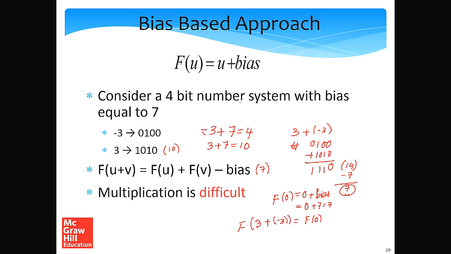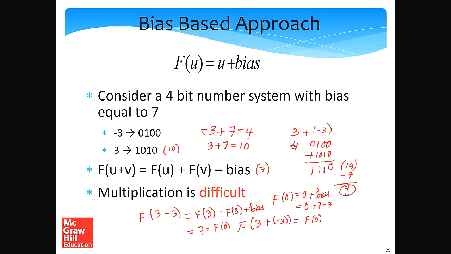The other is that doing addition and subtraction is fairly easy. There is absolutely no problem in doing an addition. Subtraction can be slightly difficult, not very difficult though. So if you consider subtraction, so let's try to subtract f of 3 minus 3. So this is essentially equal to, so in this case, instead of subtracting the bias, you add the bias. So this is equal to 7, which is the same as.